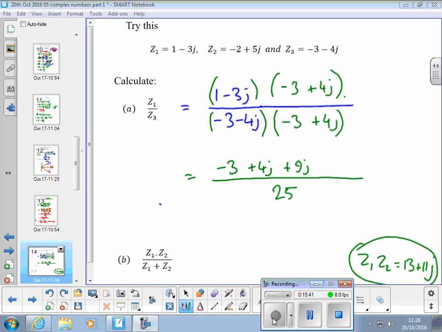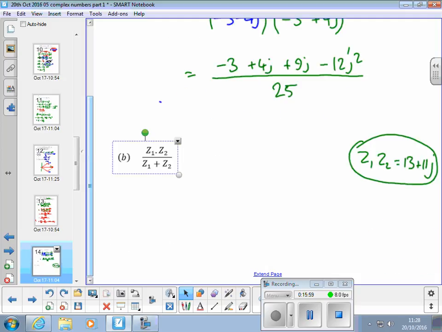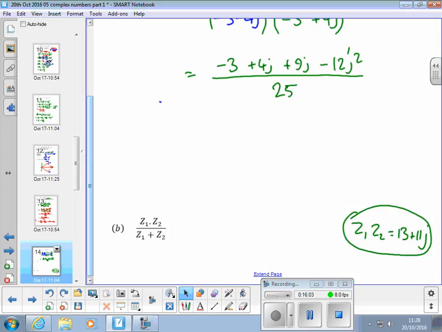Minus 3 times plus 4 is minus 12j squared. Yep. Negative number times a positive number is a negative number. Move them down a bit for a minute. Okay, so the resultant of that is,